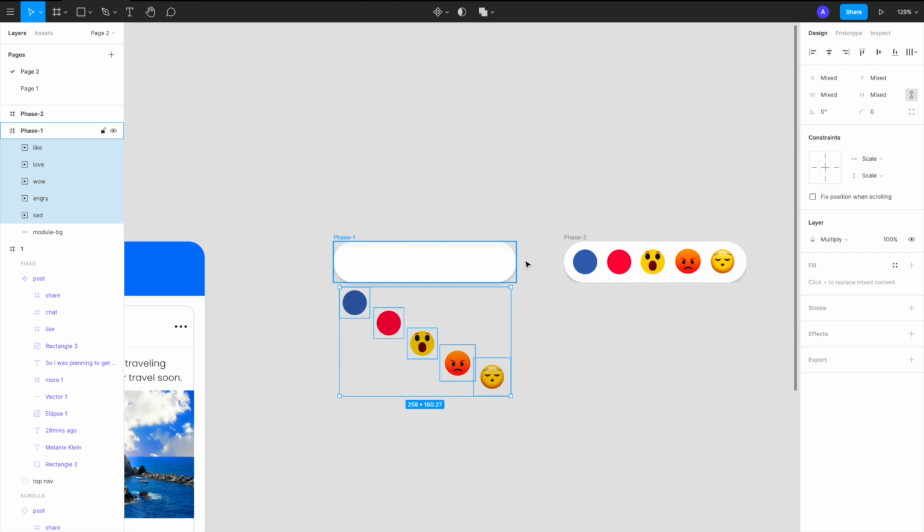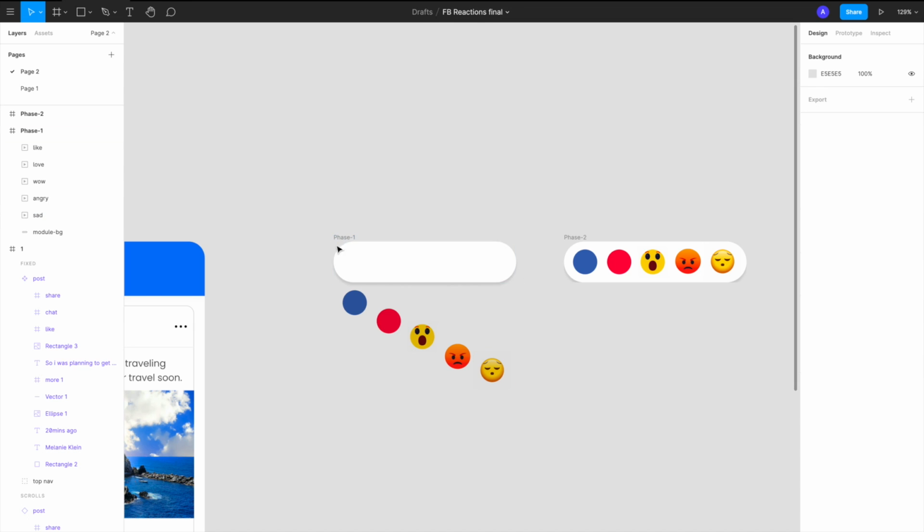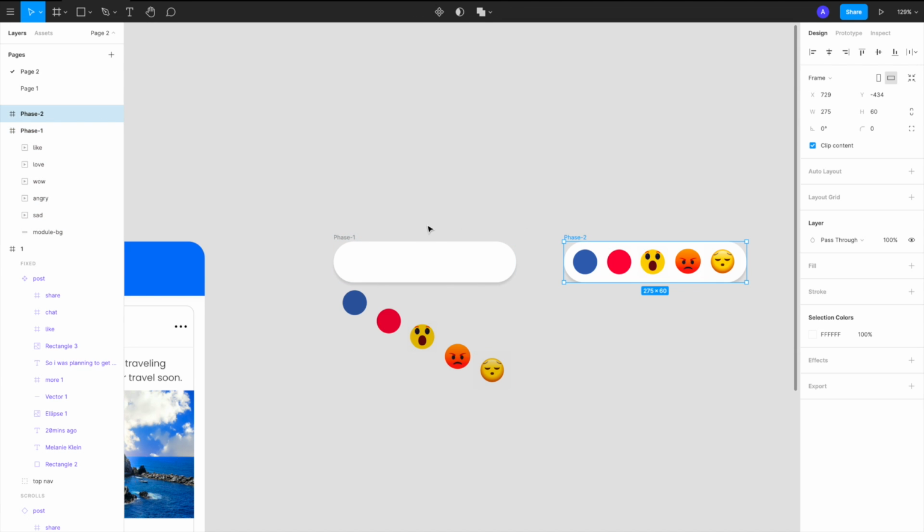All of them will appear in different stages and very smoothly. So we're using a little bit of physics here. Speed is equal to distance upon time, and since speed is constant here, the more the distance, the more time it will take for these emojis to appear. So this will become our phase 1 and this will become our phase 2. And we also don't want them to appear like this.